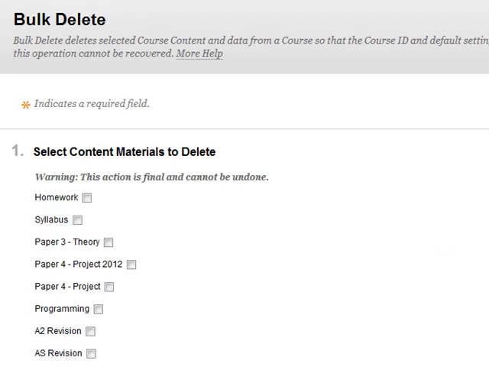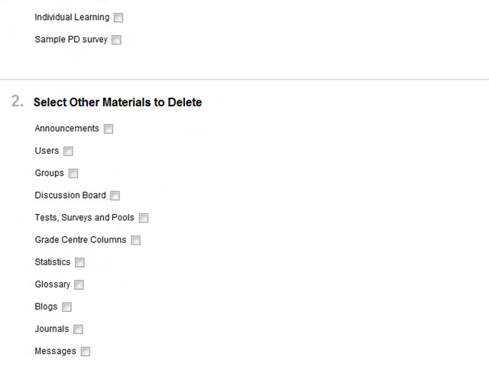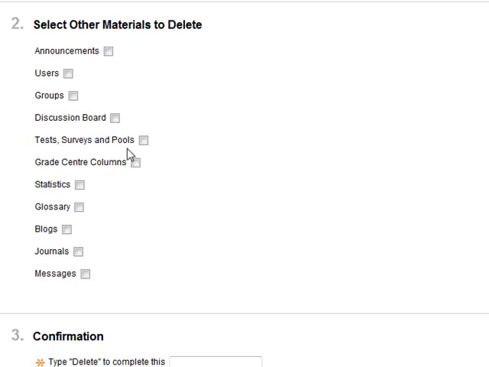much. So I'm going to scroll down to section 2, and here are some things I definitely want to delete. I want to check things here that were relevant for this year, but I want to start right from the very beginning again from next year. So I don't need this year's announcements next year. I want to get rid of all the users in the course as well, otherwise we're going to have a